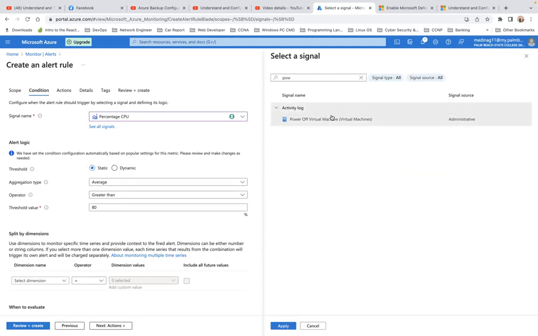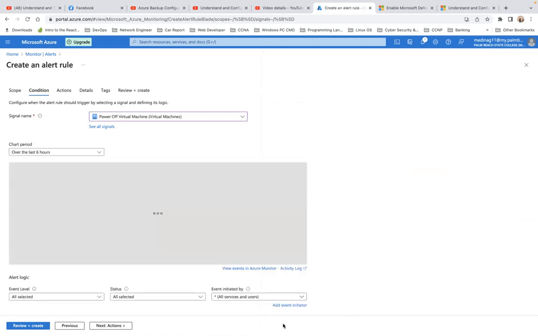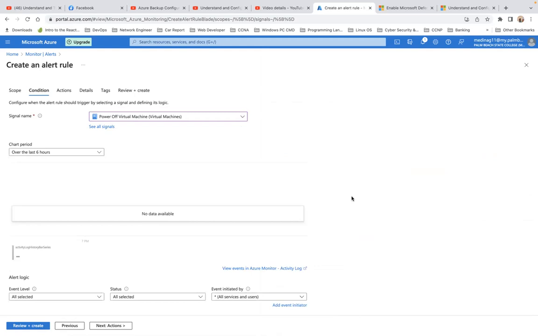Okay, say if my machine will be powered off, I would like to receive, so whatever your goal is,